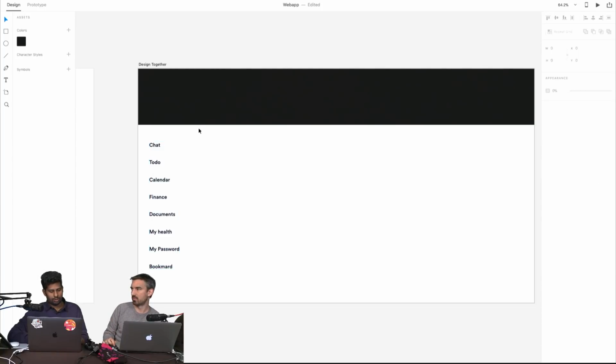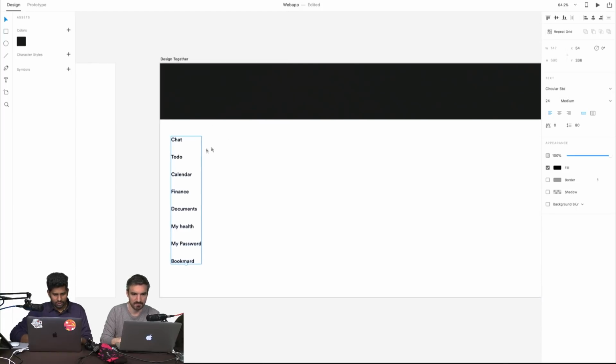Wireframe, I want to solve basically how the app works. If I want to share with someone, if I make some blue color or pink color, they will start commenting on, okay, I don't need pink color, I don't need blue color. But my main point is how the app works. So first of all, I want to get the feedback on how the app works. Then second, if the app works perfectly, I will change all the colors, gradient, whatever I want.